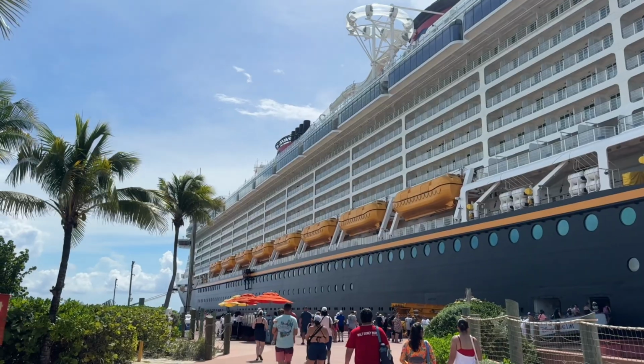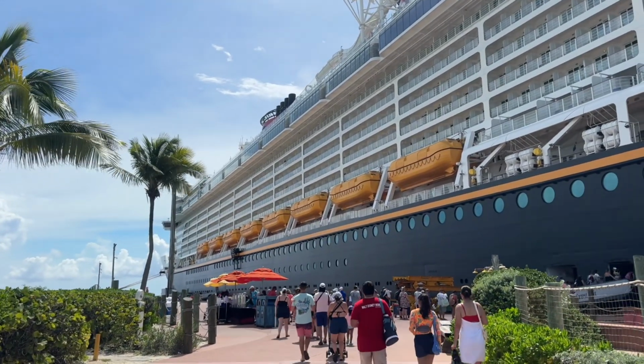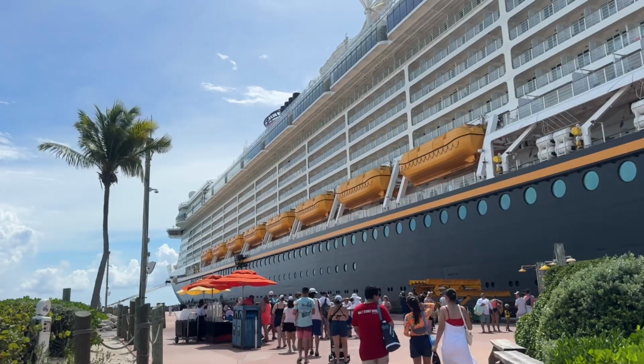And I am now back on board Disney Dream. I gotta say, today it was pretty quick getting back on board, since you do have to go through some security. They have to check your ID and Key to the World card, and by now it is time to get changed since I was thinking about maybe grabbing some lunch since I didn't eat anything,